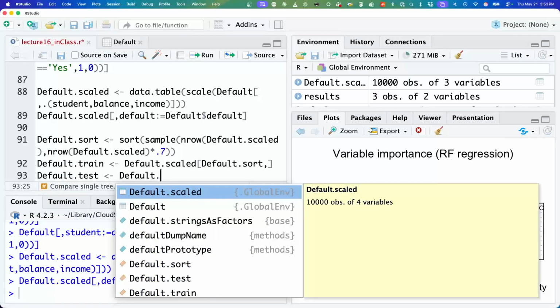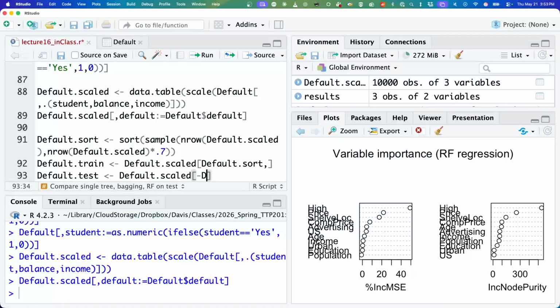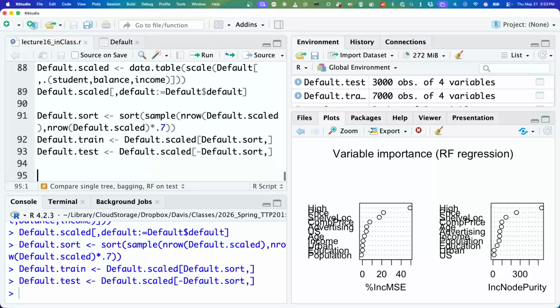Just a slightly different way of doing it. Okay, so I now have a set of training data and a set of testing data from our default data